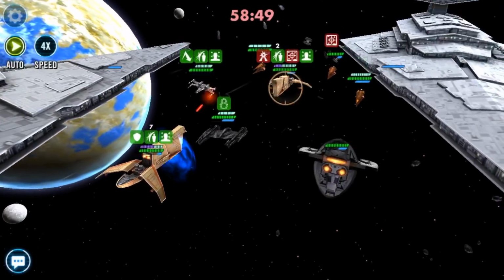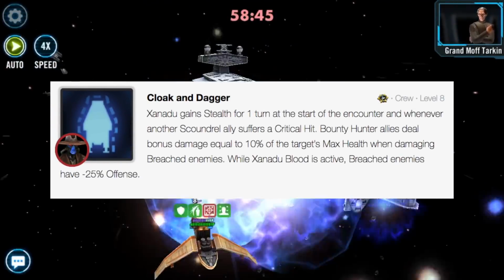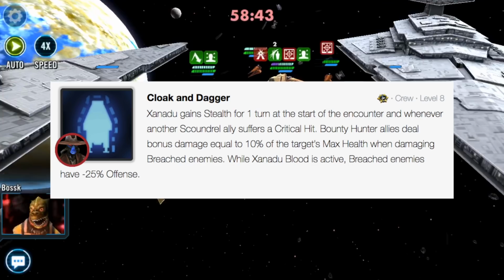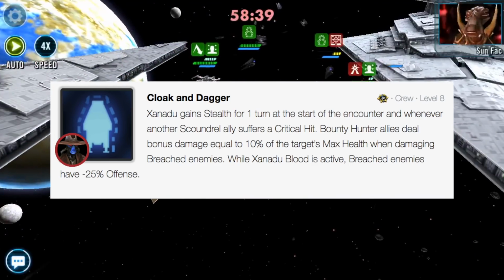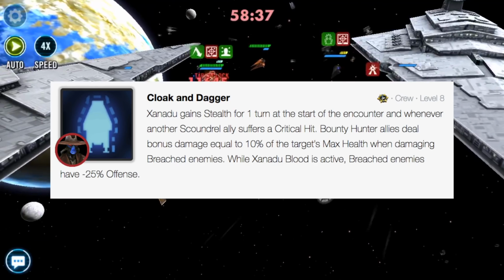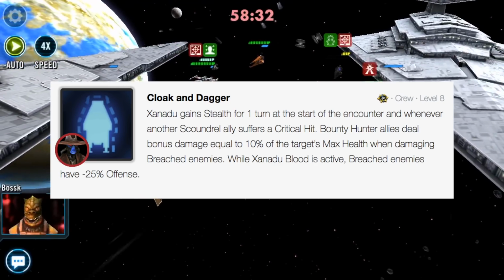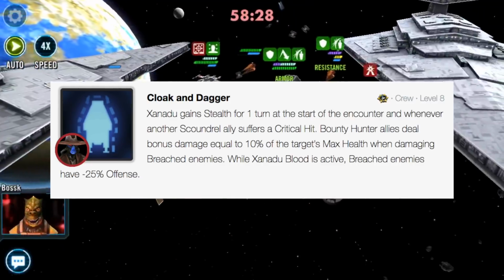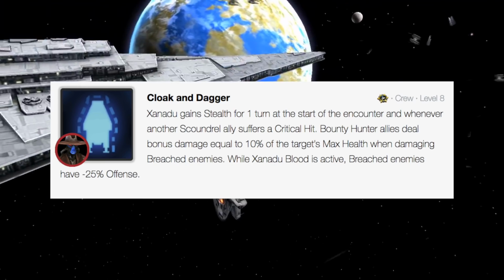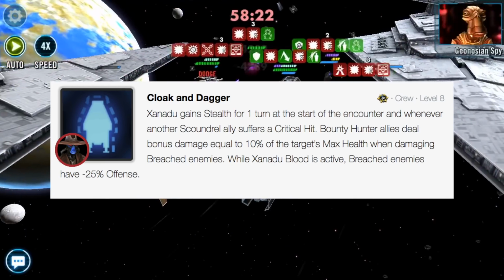Now the other ability here, Cloak and Dagger, is the crew power. This is the other ability that I recommend taking up to max with your precious ship Omegas. When you take this ability to max, you're going to allow the bounty hunter allies to deal bonus damage equal to 10% of the target's max health when damaging breached enemies. So that is going to be quite strong because breach decreases the defense by 25%, and then on top of that,